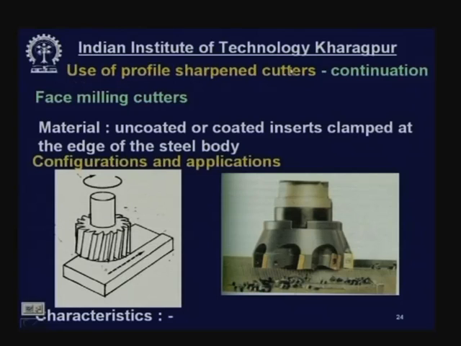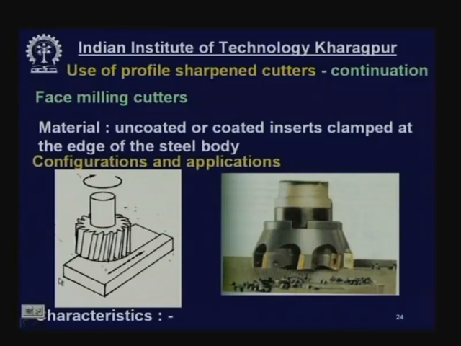Then the use of profile sharpened cutters, again face milling cutters. Now face milling cutters are profile sharpened cutters which produce flat surfaces, but what is the difference? The difference is, this is industrial type, and very wide surfaces can be produced, very long and wide job surfaces, flat surfaces can be produced, and the diameter of the cutter, here you can see,